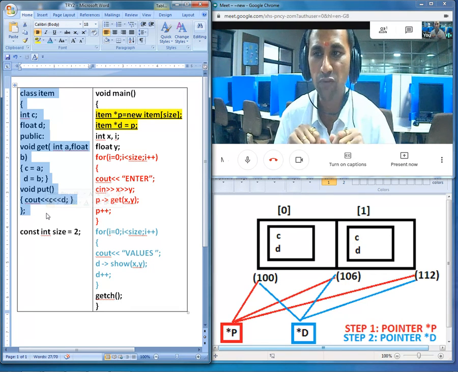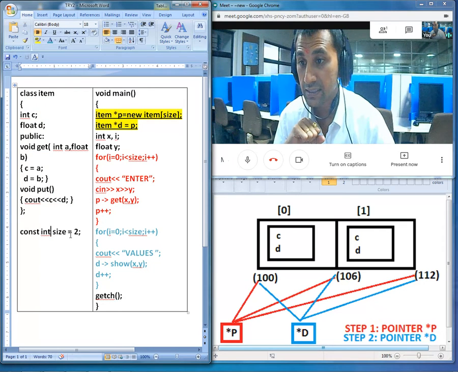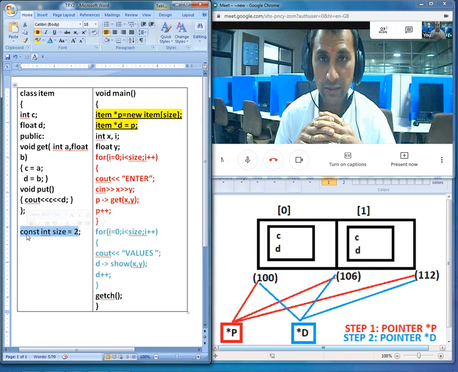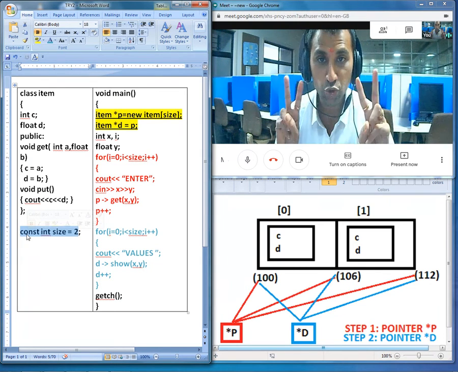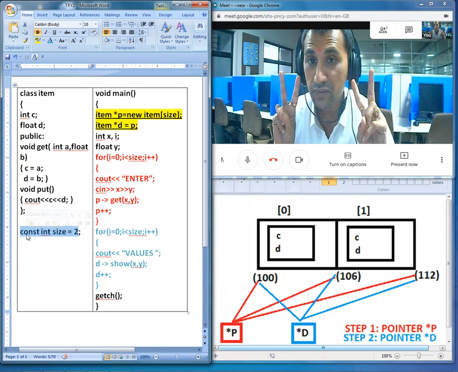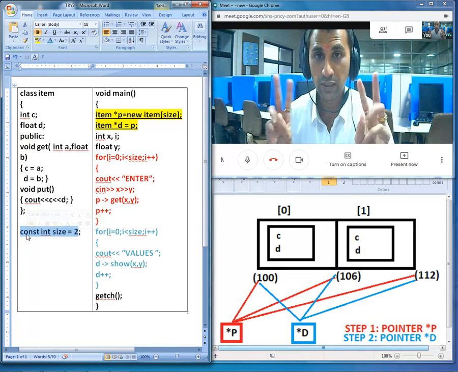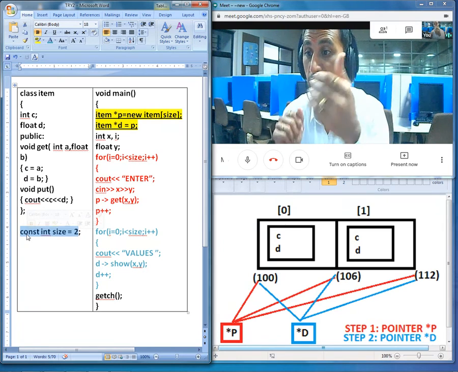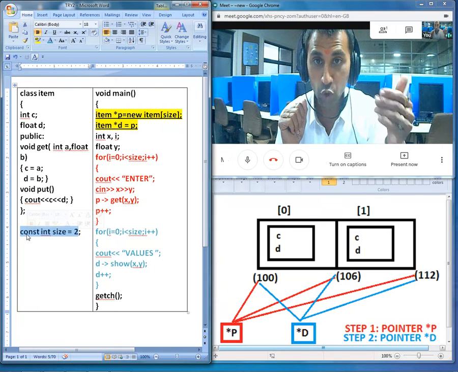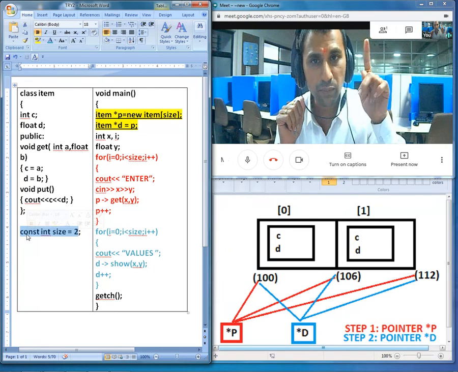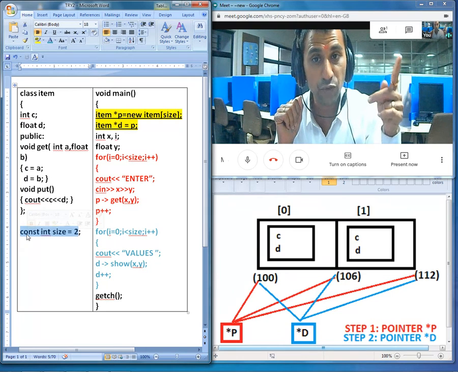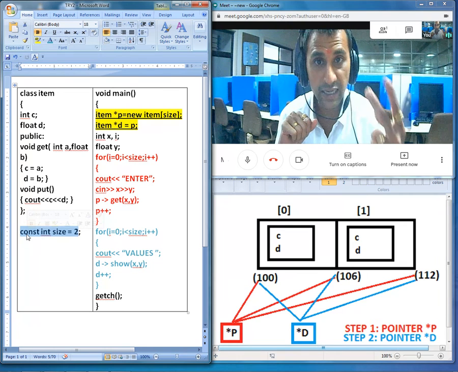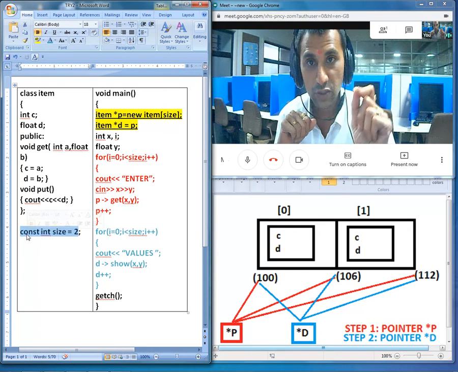Apart from that, one more noteworthy detail is the initialization of a constant, that is size. The constant has been defined with the value 2. That means the value of size will always be 2 because it has been defined as a constant. We cannot change the value of a constant. That is another method of defining something permanently, apart from using the preprocessor directives. That was the first method for defining a constant, and this one is the second method, using the keyword const.